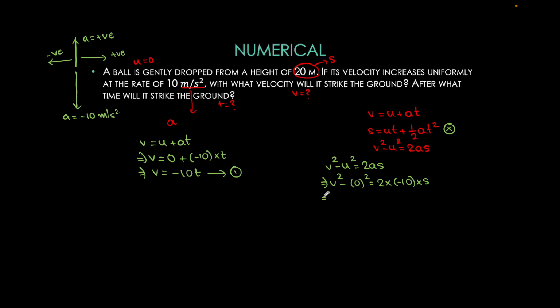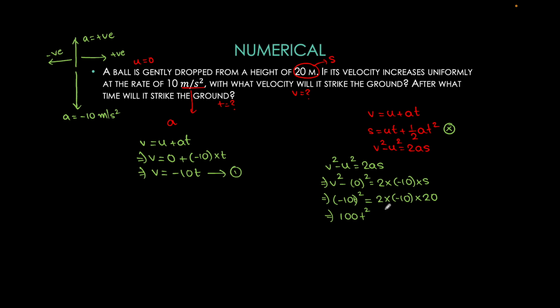And we know the value of s. Also, we can put the value of v from equation 1. So we can write (10t) whole square, which is equal to 2 into minus 10 into s. S is what? S is basically 20 meter, right? So here we can find as 100